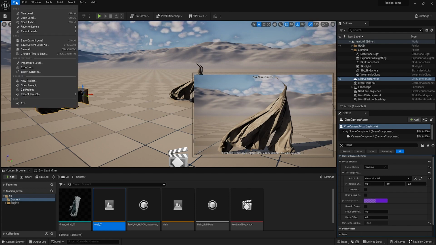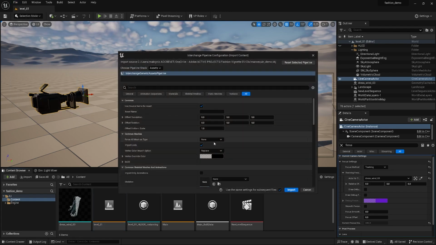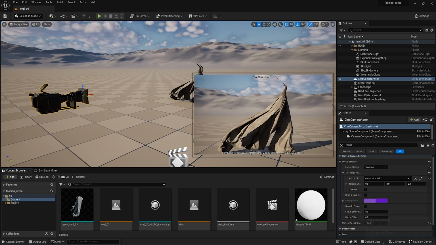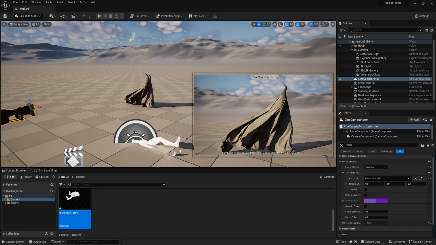Go to the File menu and select Import into Level. I use OBJ most of the time as it's supported by both Clo and Maya, and it gives me consistent results, although you can use any mesh format that is accepted by Unreal. Drag and drop the avatar from the content browser anywhere in the view,